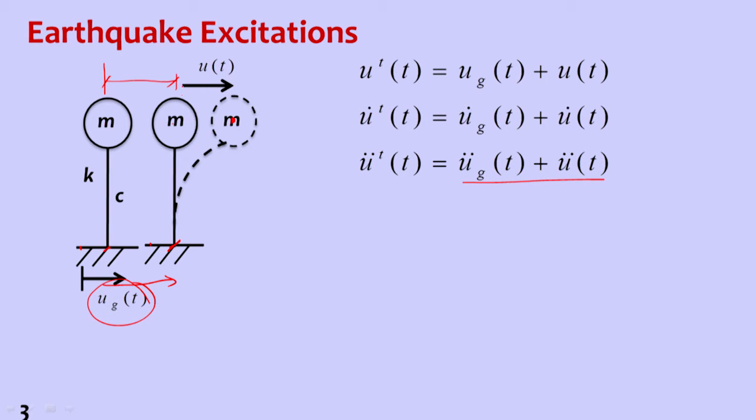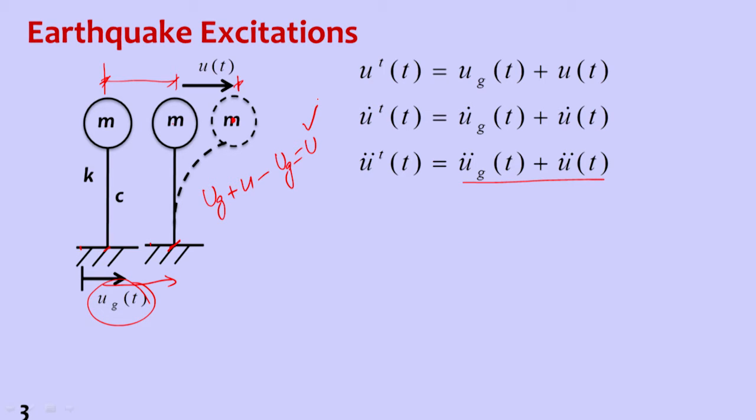So that is only u, even though the mass has moved from this location to the new location, and the base has moved from here to here. So relative displacement can be calculated as u_g plus u, the tip of the mass motion, minus u_g, which is equal to u. So this is u; u is the relative displacement.